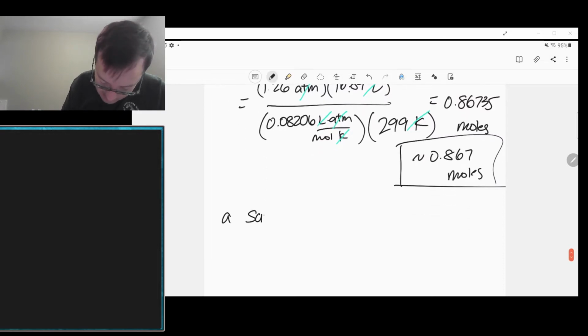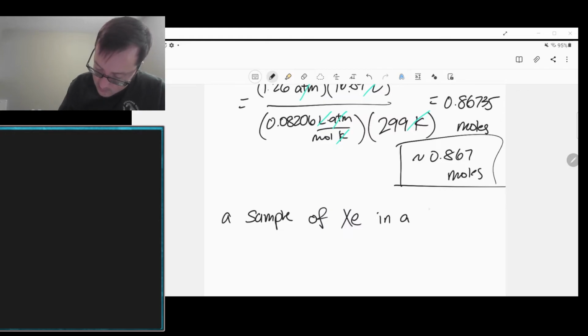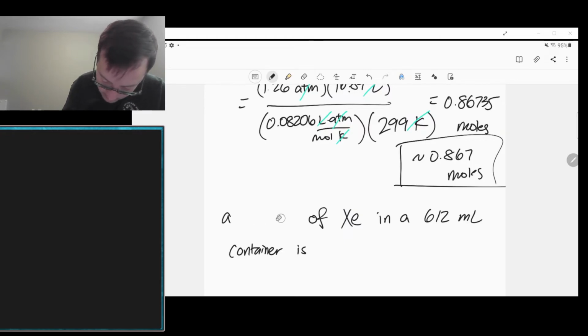A sample of xenon in a 612 milliliter container has a pressure